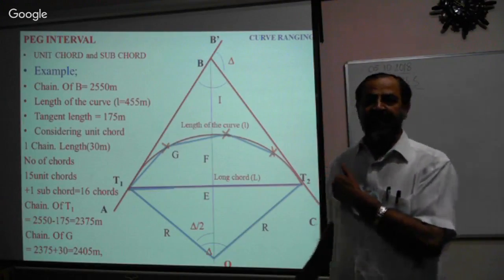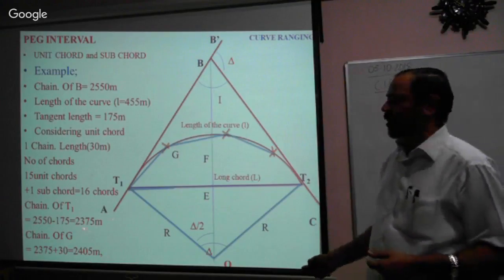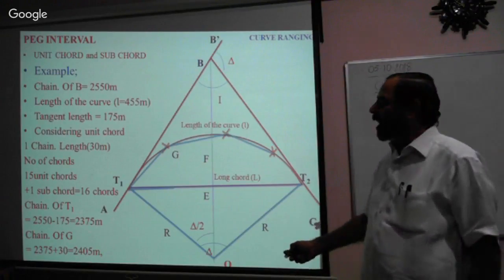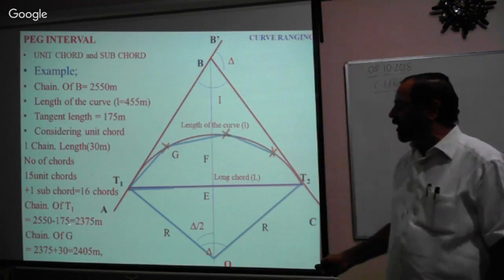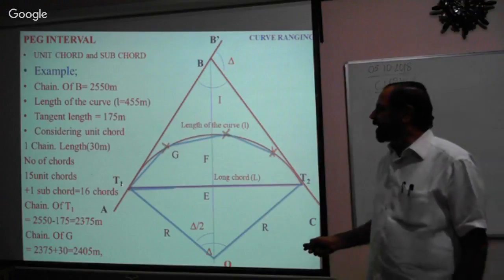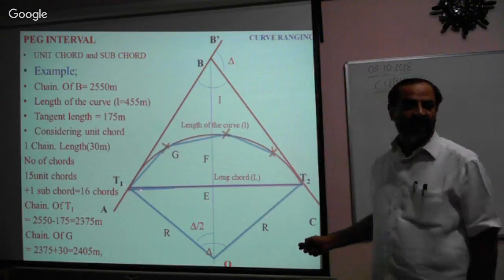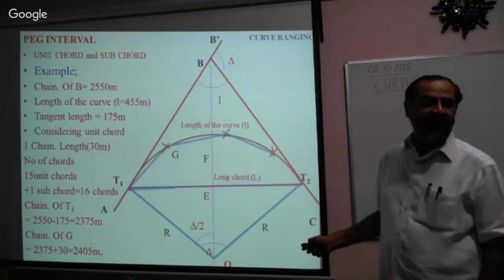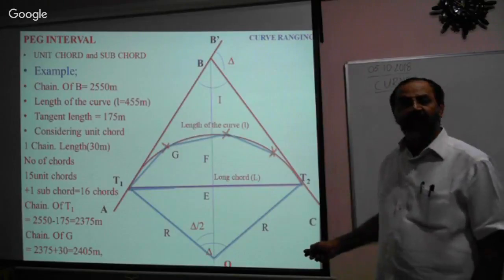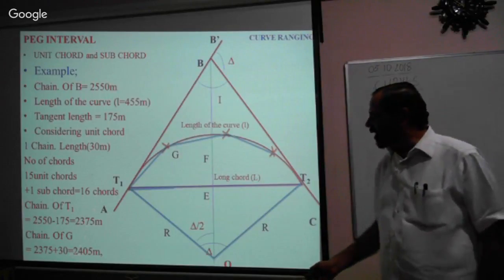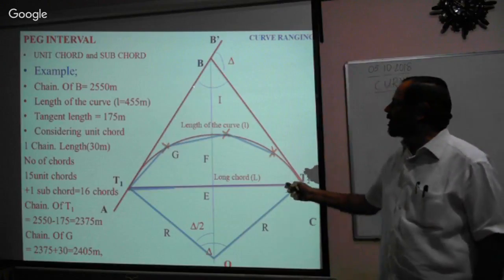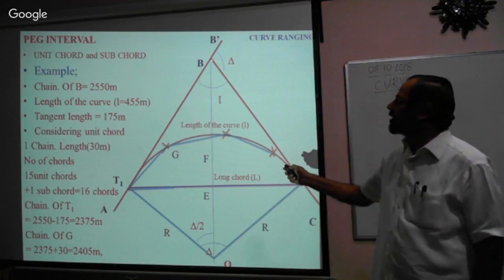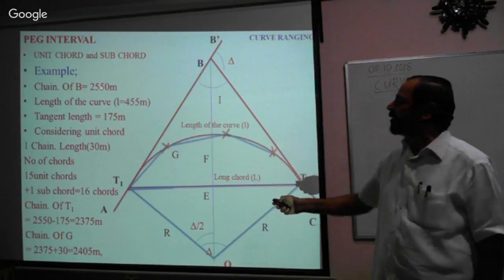15 cards, isn't it? I have shown this just as an example. Another important thing we should know here is that we must calculate the chainage of this point T1, isn't it? It is assumed that we are traveling from here, and we have traveled up to here. We reached this point. Therefore, the chainage of this point is